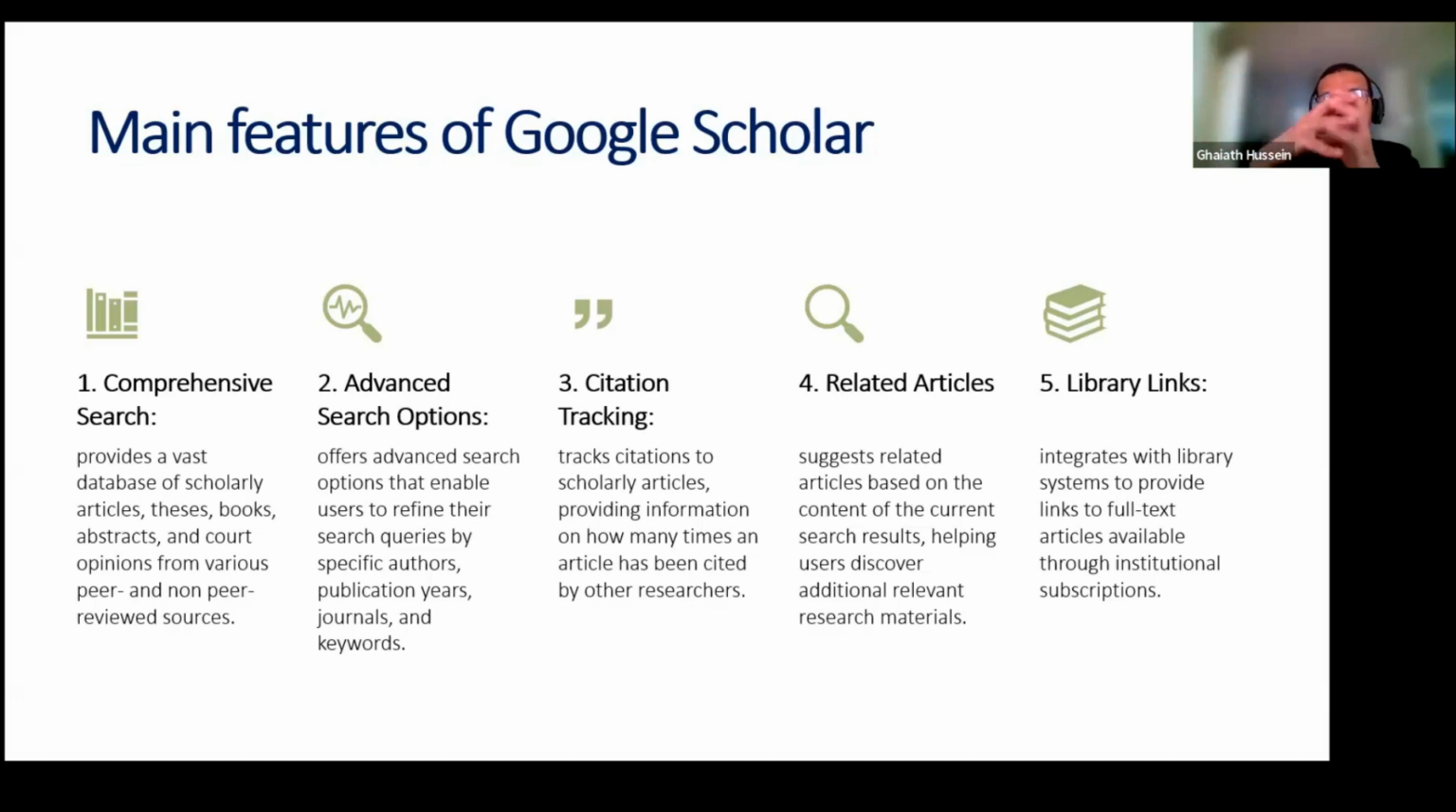Then it has a feature which I think is very important, but if you're not careful, it might drag you. Sometimes if you're not focused, you might get lost, which is the related articles. So, for example, if this is the research area I'm interested in, and you're interested in this article, Google Scholar basically suggests other articles that are related to this topic or similar to this article. And then it provides library links, which is basically how to find the full access of